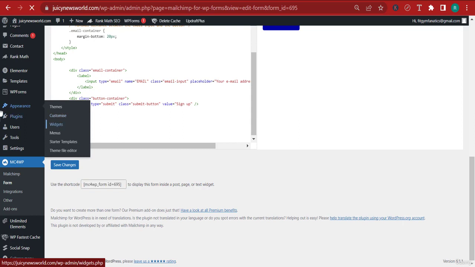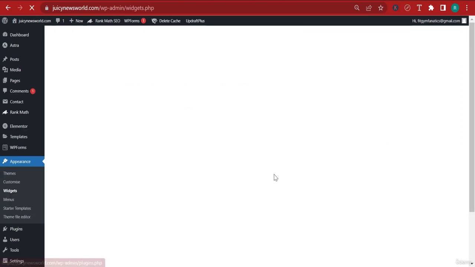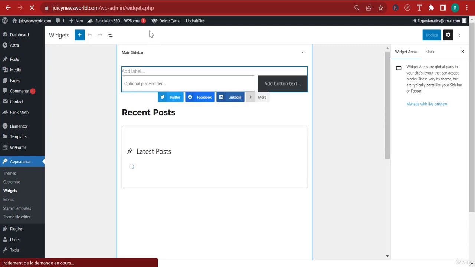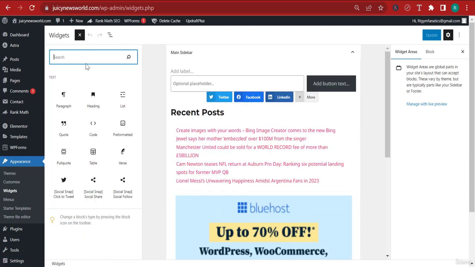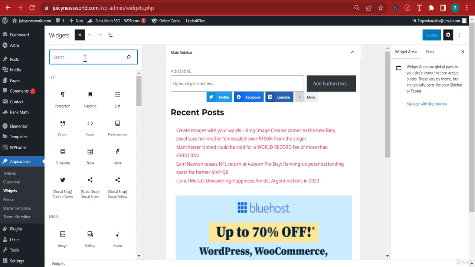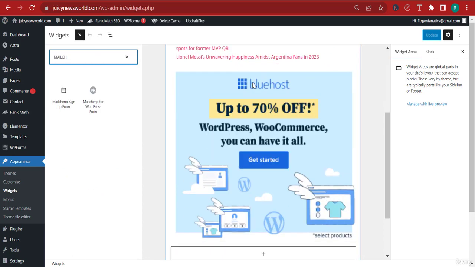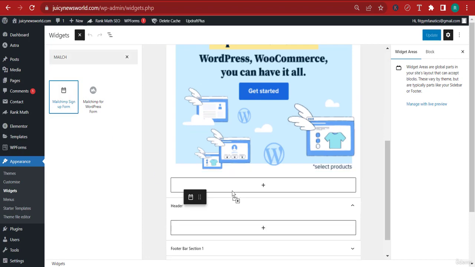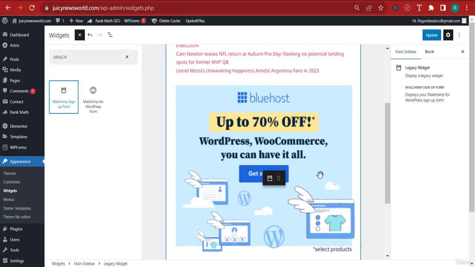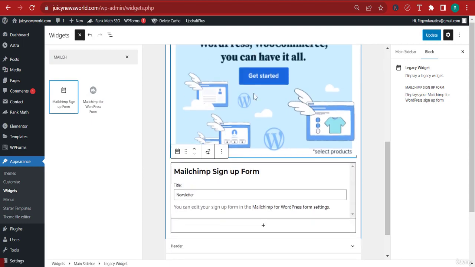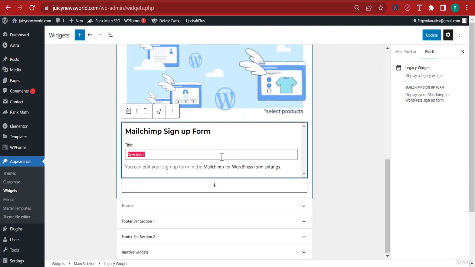Appearance, Widgets. And on Widgets, of course, that's where we're going to add the Mailchimp sign-up form. So here, I'm going to click the plus button, look for Mailchimp, scroll down over here, and take the Mailchimp sign-up form. You can put it underneath the ad or on top, at the very top. Depends on you. Now here, the title, I'm going to say, Get the Latest News. And okay. Right, so now